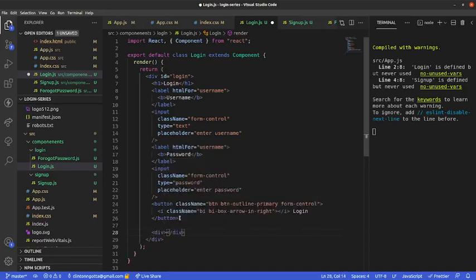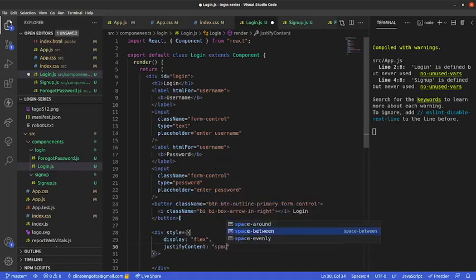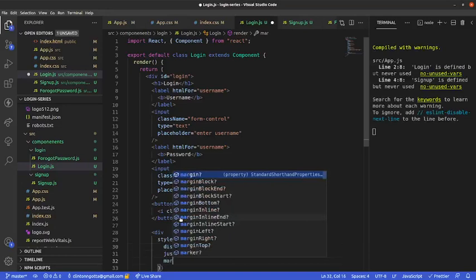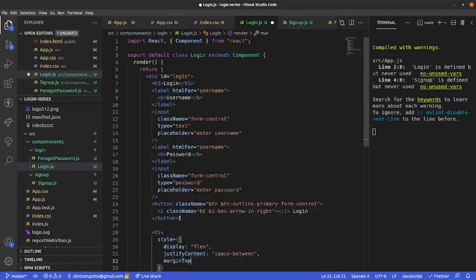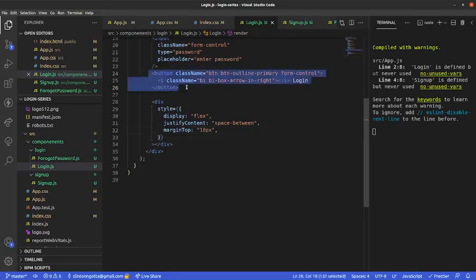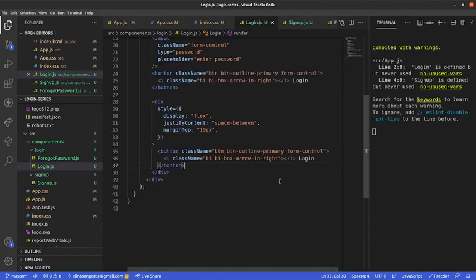Can have div, maybe some inline styles, display flex, you can have a space between, and maybe some margin from the top button, margin top, maybe some 10 pixels, and then you can just copy this button and reuse it here. So this one should be sign up, and then